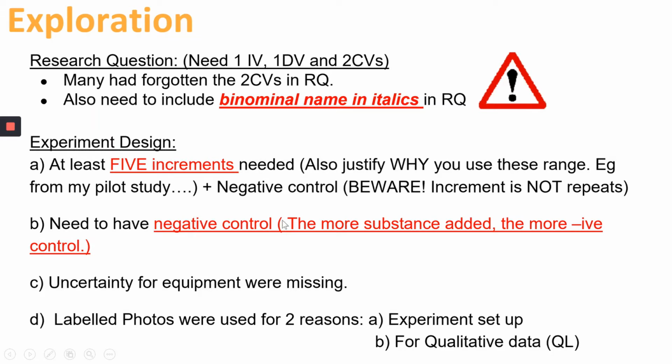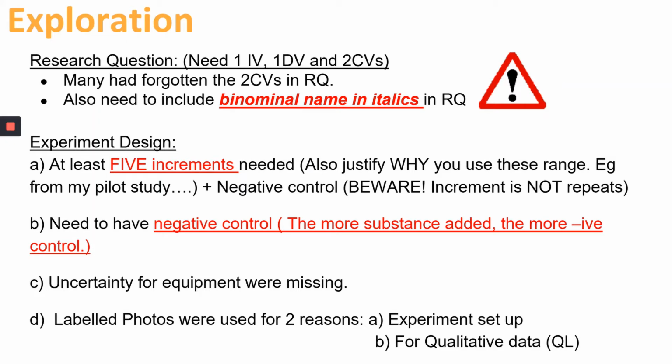Generally speaking, if you have more substances added into your experiment, then you need to add more than one negative control. I can use the example of the microbiology lab. For example, students were checking whether there are some microbes in the tea itself. Then they need to do another lab that has no microbes in it. Things like that.